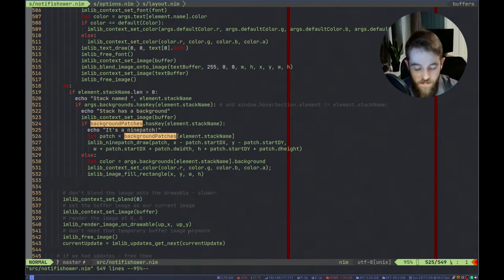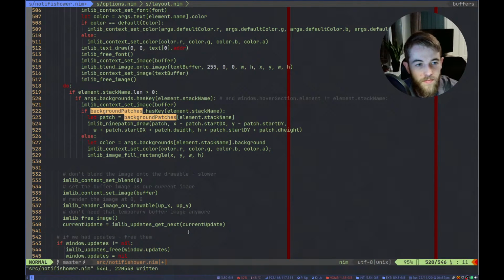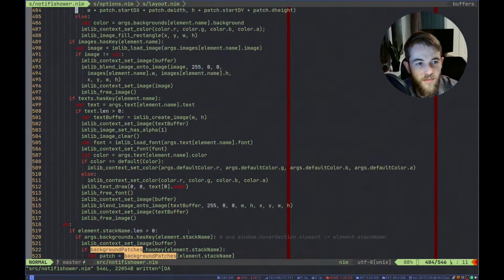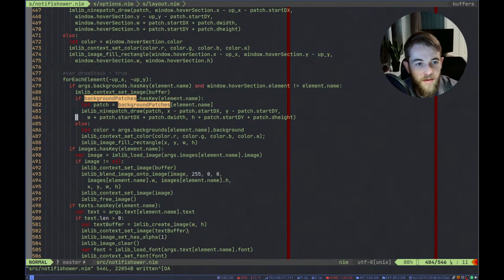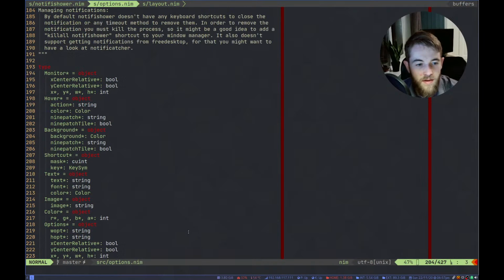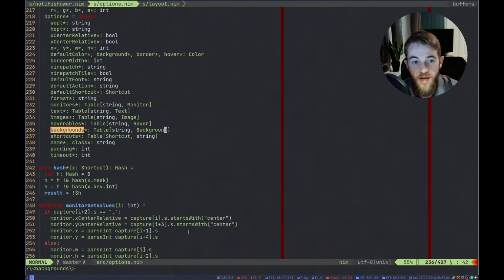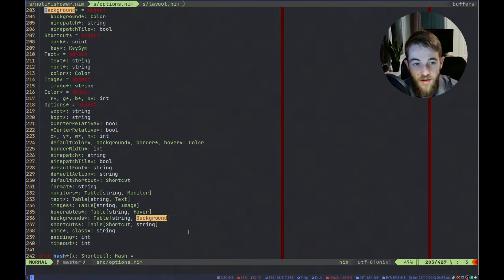But I think I have found an issue here. Basically the way that we're determining, so we first check, do we have a background with the element name? That means that in our backgrounds, we have this background object, which has a color, a 9-patch, and a 9-patch tile.